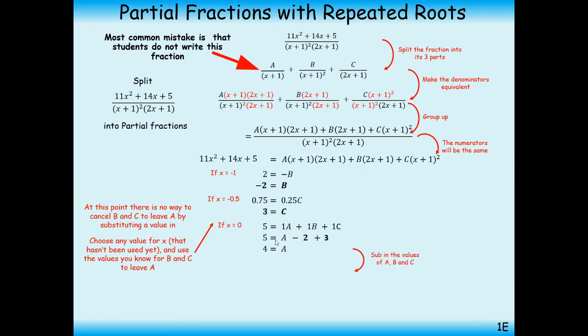So finally, we write these three answers by glancing at the top and looking at what values go where. 4 needs to be on top of x plus 1, minus 2 goes on top of x plus 1 squared,